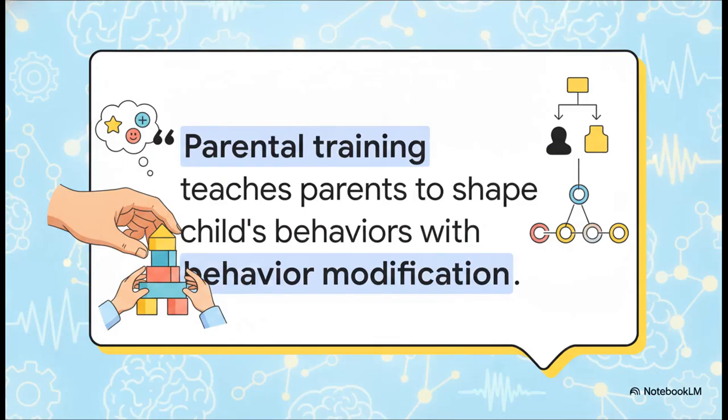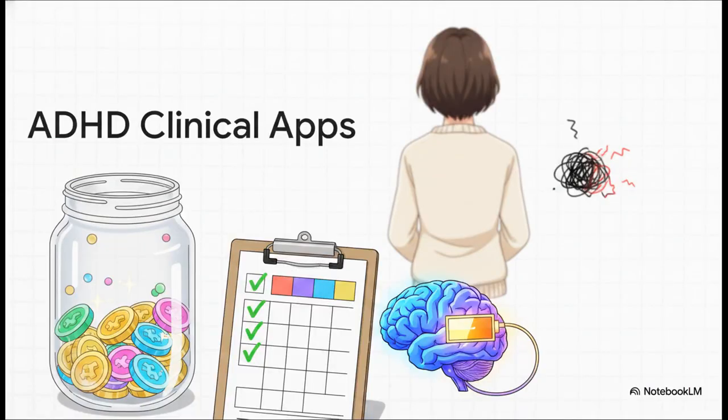As clinical experts point out, when we're dealing with disorders like ADHD, the therapy isn't just about treating the child directly. It fundamentally shifts towards teaching the parents to systematically shape their child's behavior using these exact basic principles of behavior modification. So what does this look like in the real world? Well, it translates to specific tools like token economies, systematically ignoring whining, which is tough, I know, and setting up daily report cards at school.